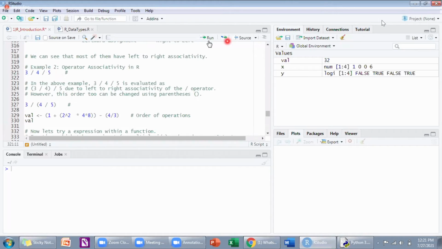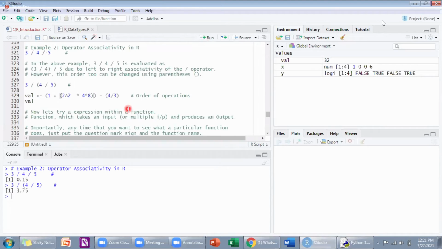Okay, 3 divided by 4, we get some output. If I give brackets, the value changes. Likewise, once I'm done with this, I'll share this document. There you can run. Here, if you run, I'm getting the value 127. You do it manually and see what value you got and what value it is generating. If you get the right value, that means you understood precedence and associativity.